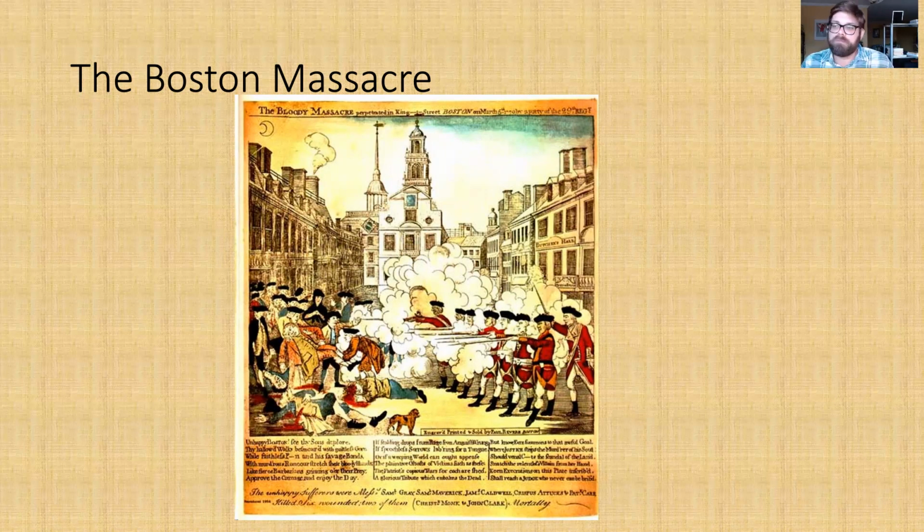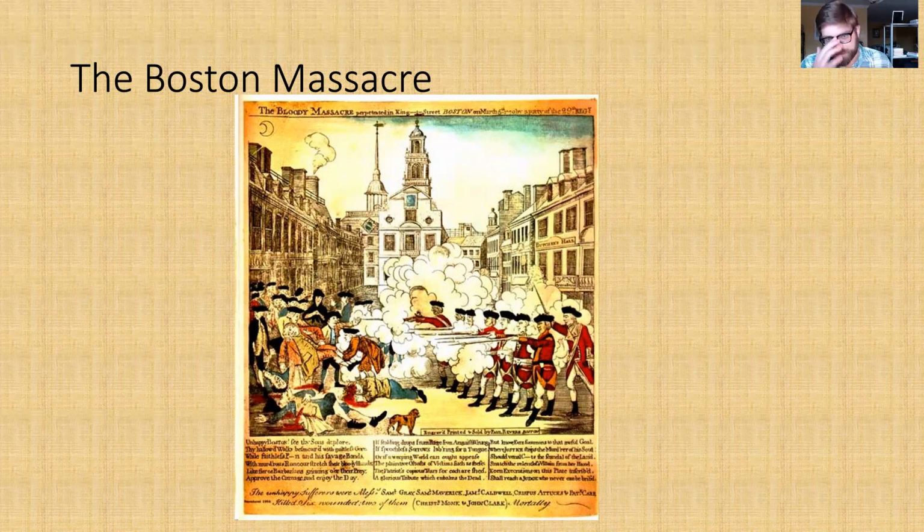But British soldiers aren't paid very well, and so in their off time, they would try and pick up other work. They would do it for really cheap, cheaper than laborers in Boston would work. And so there was additional tension between the working class in Boston and British soldiers because they were competing for work. And so in one day in March of 1770, a British soldier gets into some conflict with a crowd